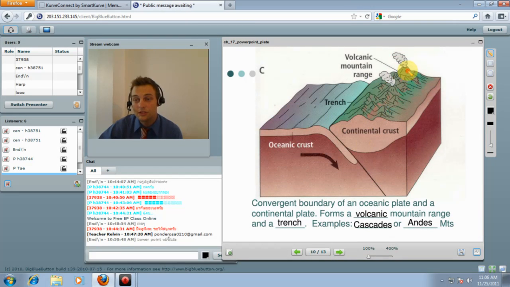Okay, so this is probably my favorite part about plate tectonics, volcanoes. I don't know if you guys really like volcanoes, but gigantic mountains spewing lava is just really cool for me. I don't know why. And this happens when you get an ocean